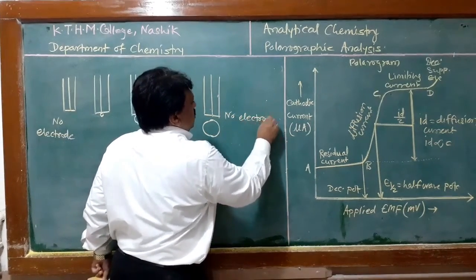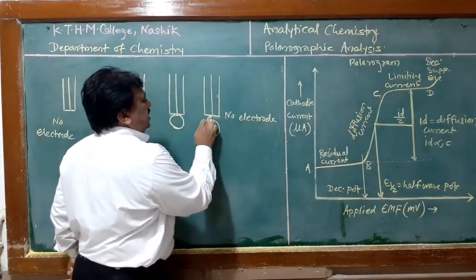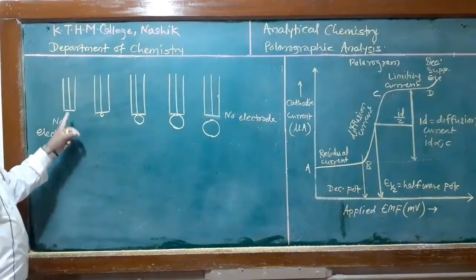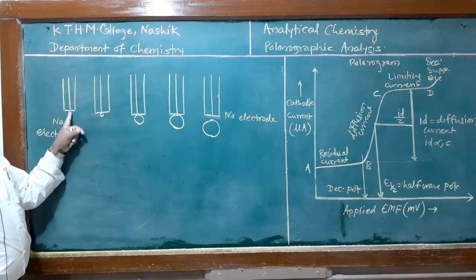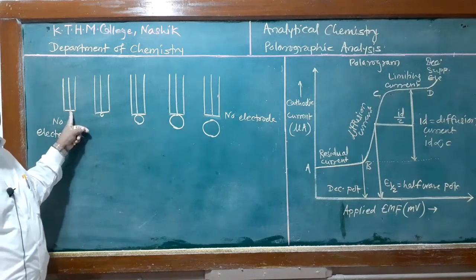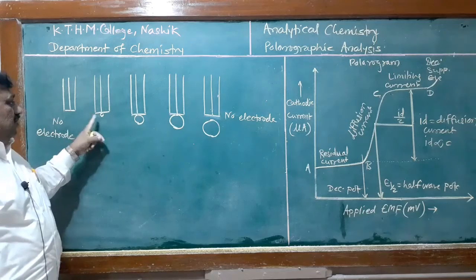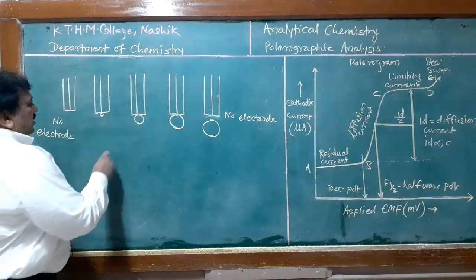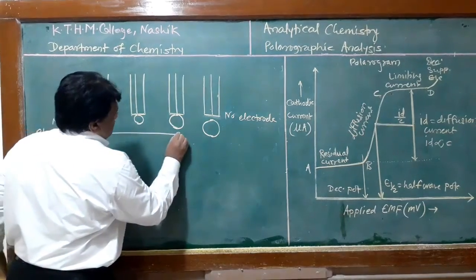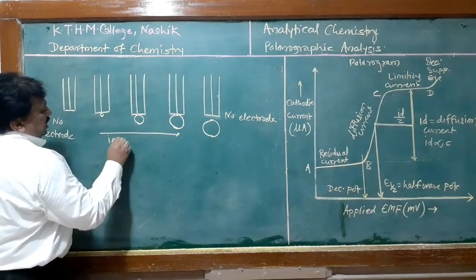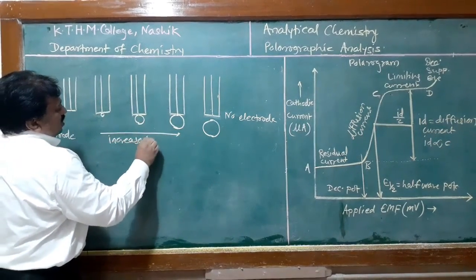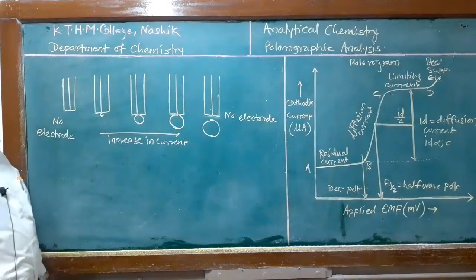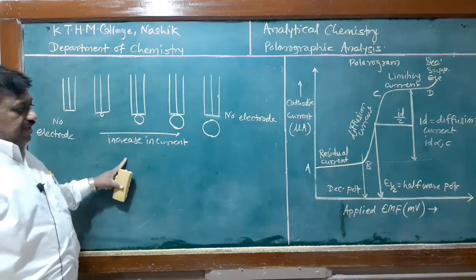Here this is the situation, there is also no electrode. In this case also, the mercury is present inside the capillary. That means as mercury is not present on the tip of the capillary, there is no reaction on the mercury drop. But when the size of the mercury drop grows, here we observe an increase in current. And this event is continuously happening in the case of the dropping mercury electrode.